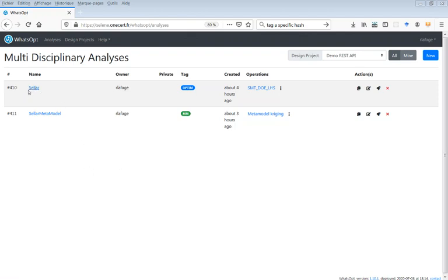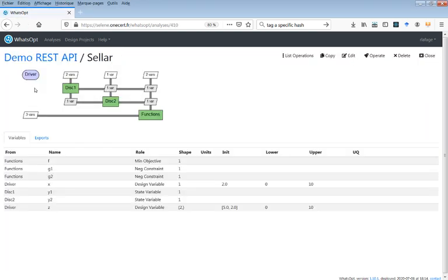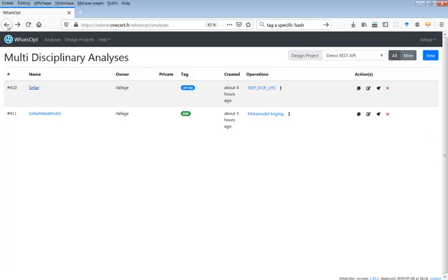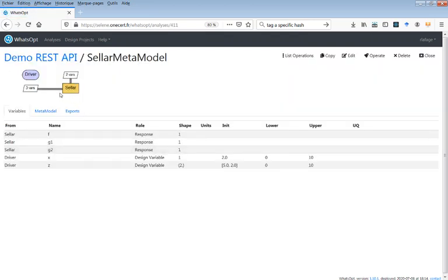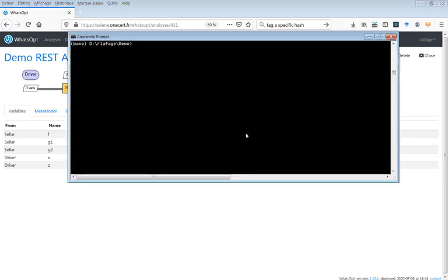we have, as always, our Cellar analysis. We have, for that analysis, created a DOE, and then from that DOE we have generated a Cellar metamodel. So we have here the same inputs and outputs, but we have just one component, which is our metamodel. So that metamodel, we are able to use it,